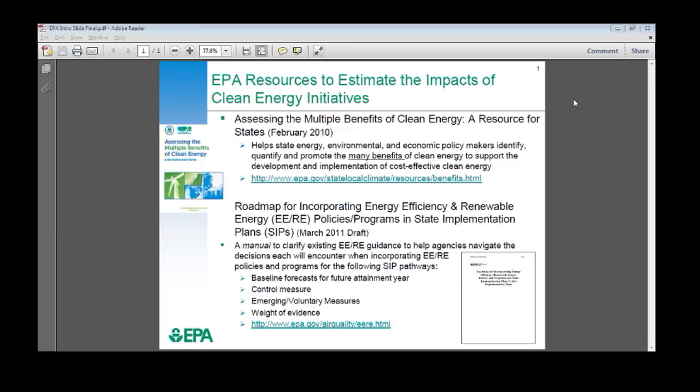We have several speakers today who are going to build upon these resources and further increase our understanding of the emission benefits of clean energy and how to estimate them. Our first speaker, Art Diem, is going to cover a quick overview of the electric system, the key differences between quantifying the emissions of clean energy initiatives and typical pollution control devices, as well as the multiple approaches for quantifying emissions. For the presentations following Art, we've used a tag team approach, where we'll get the state or local agency perspective on the value of using a sophisticated emission tool paired with an expert that will describe how the tool works, as well as the interesting results that they've come up with.